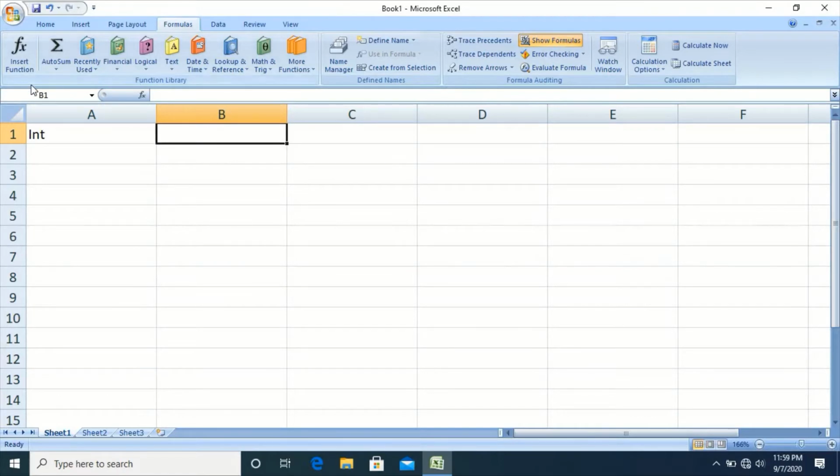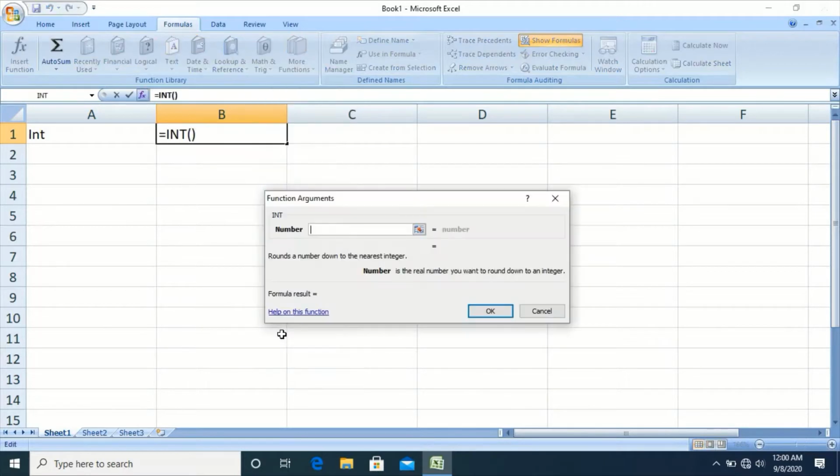Int function. Int function rounds a number down to the nearest integer. It means when we specify some value, if it contains the fractional part, it will ignore the fractional part and it will return the whole number, that is the integer value of the given number.